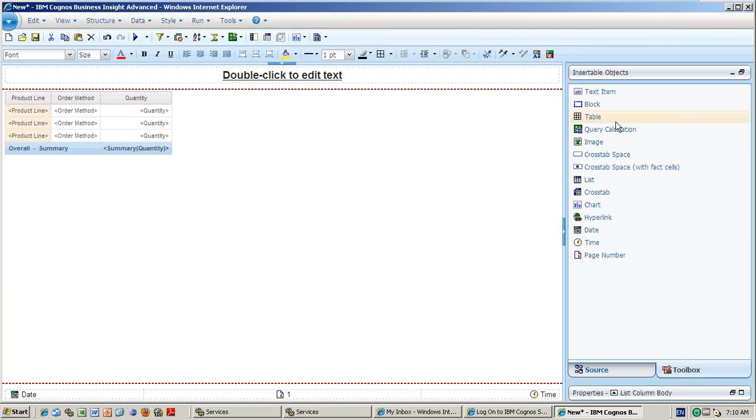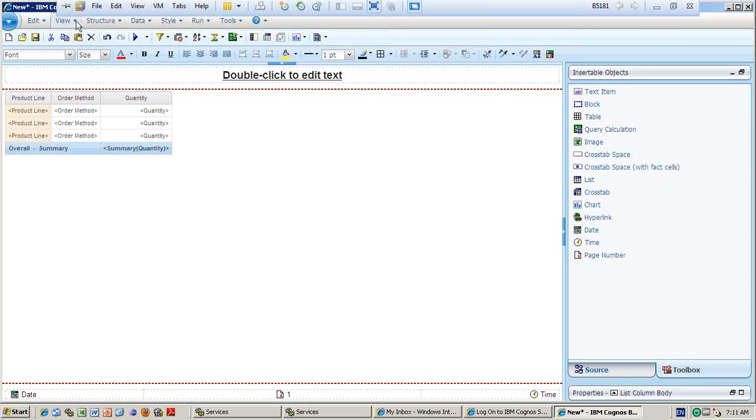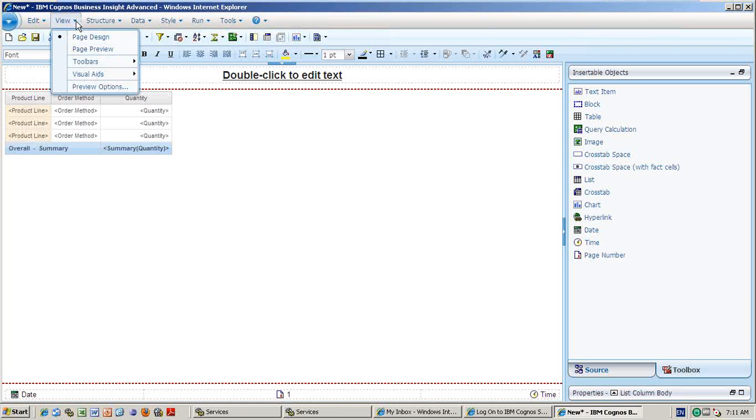So Business Insight Advanced is nothing but it will act as Query Studio as well as Report Studio based on the view or structure. Okay. So the function you select from the view is the only thing that matters. Page design, Report Studio, page preview.